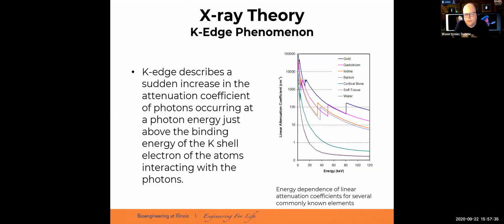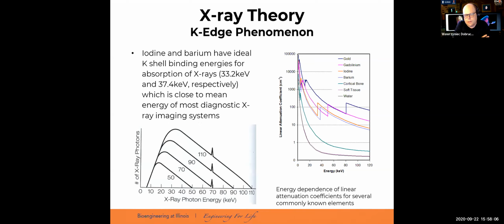And this is called the K-edge phenomenon, because this sudden increase in the attenuation coefficient of photons occurs because the photon energy is above the binding energy of the K-shell electrons. This K-shell electron binding energy is very specific for different chemical elements. So I am telling this because